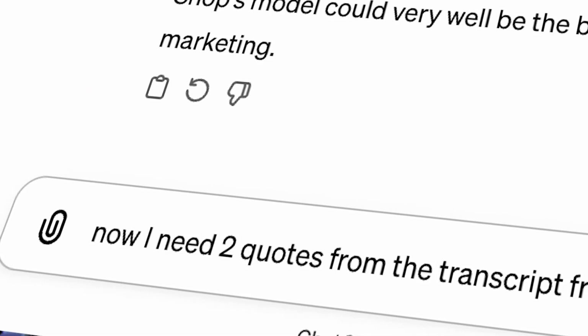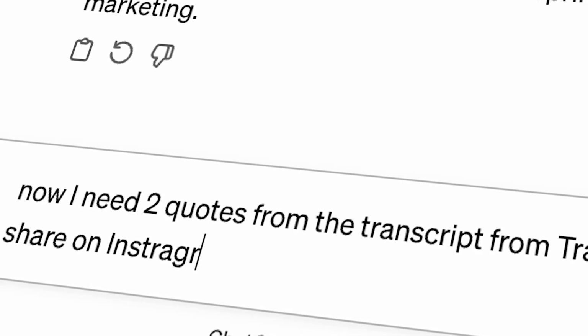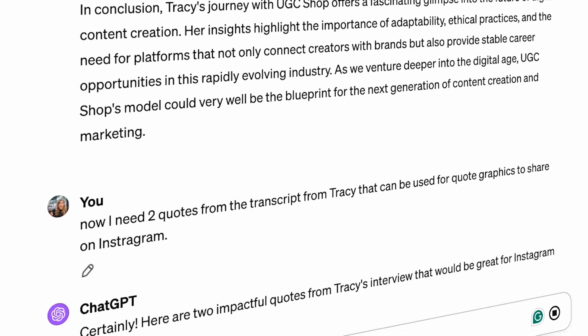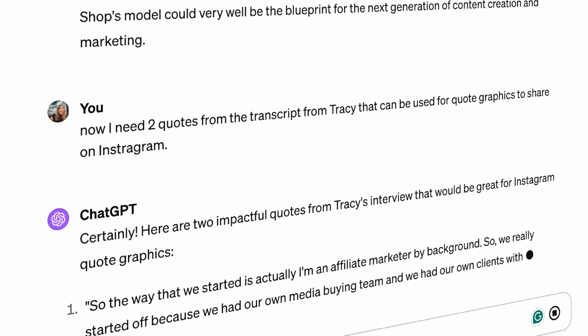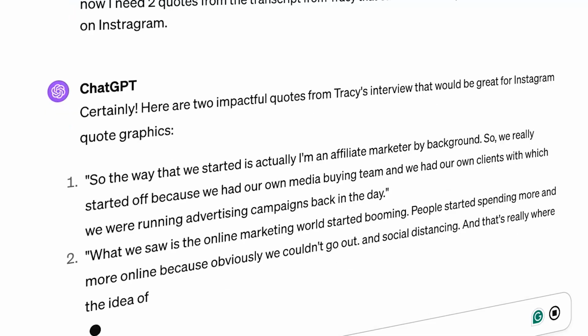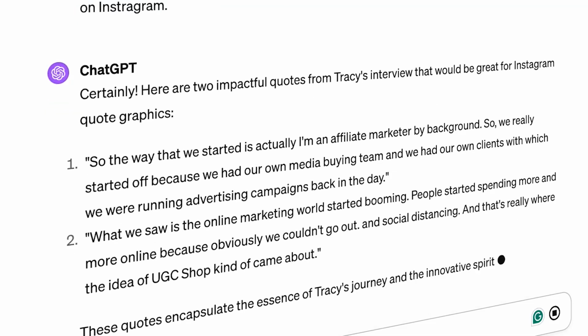And then the last thing I'm going to use ChatGPT for is to help me create my graphics. I want to be able to say, hey, ChatGPT, using this transcript, I want you to find me some quote graphics that we can use. Now, you want to be really specific. The first time I did this pass with the transcript, I asked it to give it to me and it gave me wordier quotes that I could use in the caption of my post. But what I needed were actually short little text quotes that I could put onto a graphic